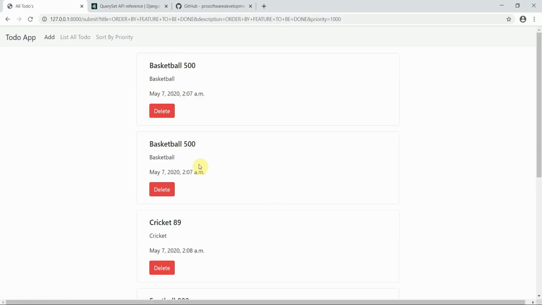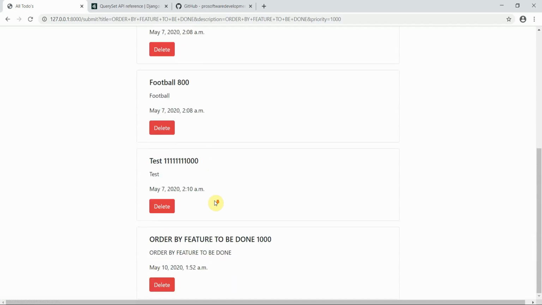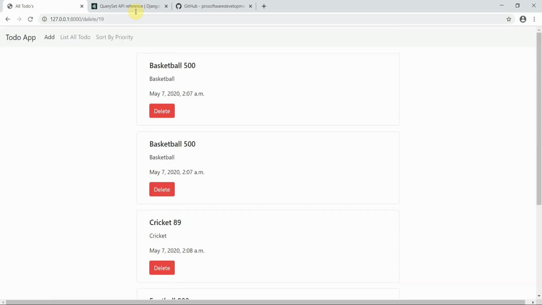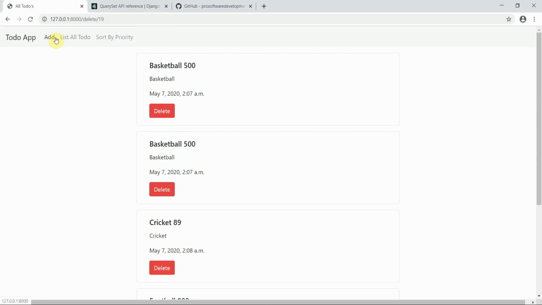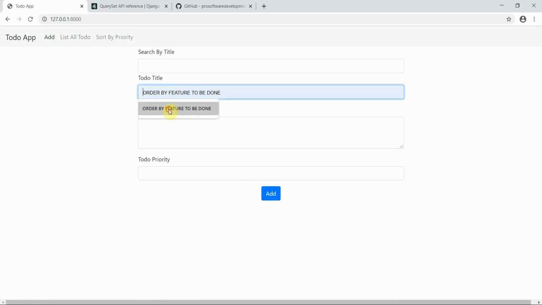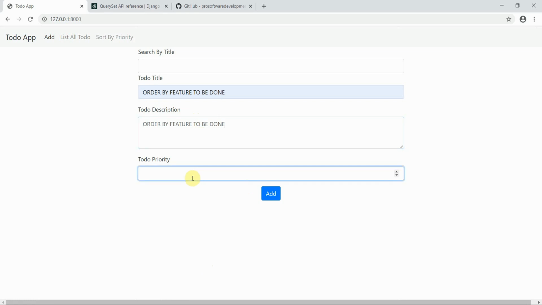Here you can see I have added the order by feature, and it has the basic functionality of the delete operation as well. It has been deleted with the ID 19. Quickly I'll add another, order by feature to be done, and give it the number 500.